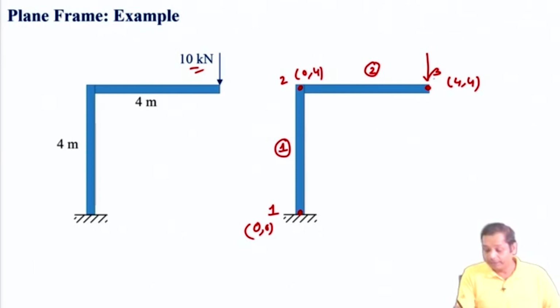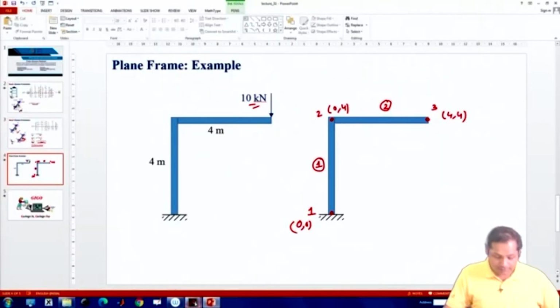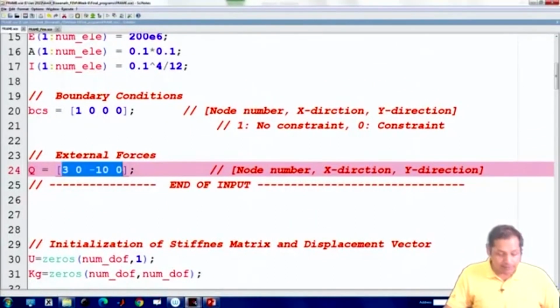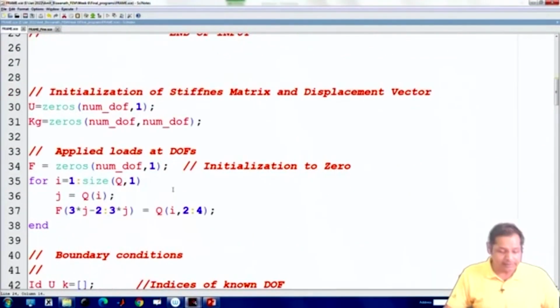So in this direction the force at element number 3 is 0, and in this direction it is -10, and there is no moment, so it is 0. So this will be the Q for us. Now this is the Q, the input, and the rest of the code is very similar to